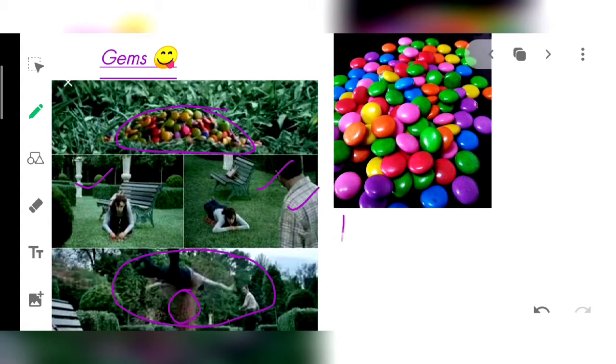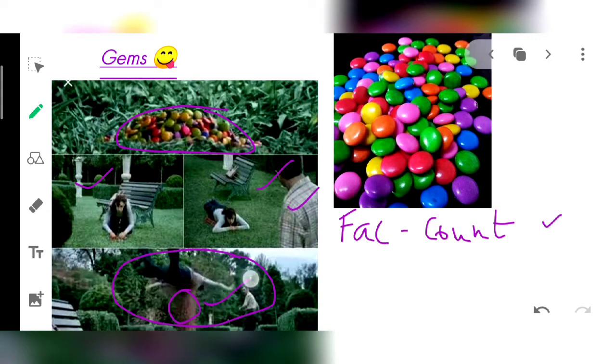But in a factory producing Gems, we can count the number of Gems produced per day or per week. Gems from a factory can be counted because the machine is allotted a number of candies to produce per day. So by that we can count the Gems from the factory.